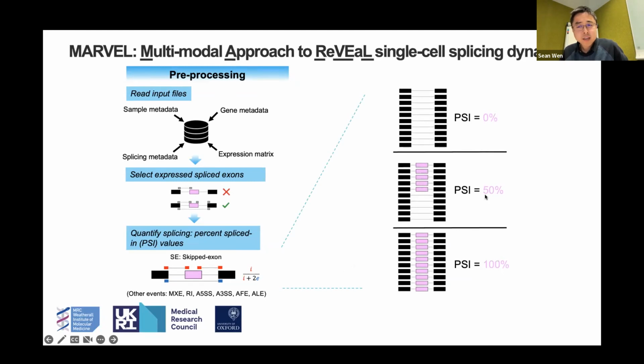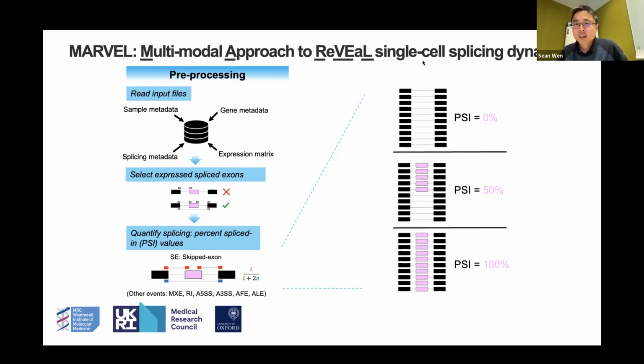If we have a PSI of 50% for that cell, it means that only half of the isoforms express the pink exon, whereas the other half do not express the pink exon. And lastly, it goes without saying, if we have a PSI of 0 for that isoform, it means that